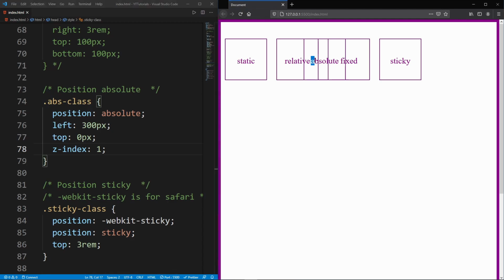Now you can select the absolute element and you won't select relative and fixed. Now it's over relative and fixed. Our default z-index is 0, so you can set the z-index of the different elements in different ways, so that those elements are placed on top of other elements. The higher the z-index, the higher the element is placed if they all rely on the same space.